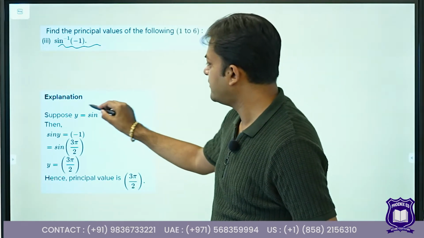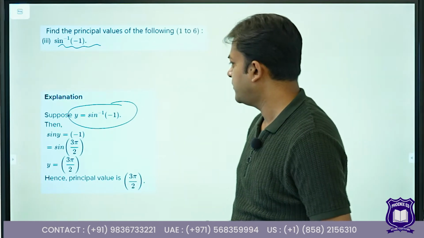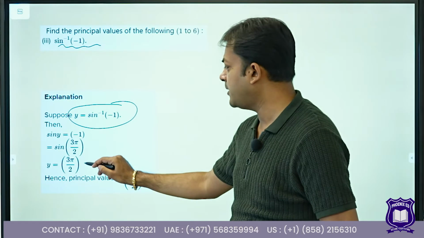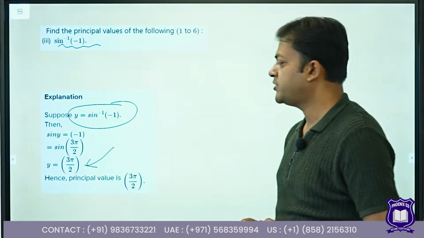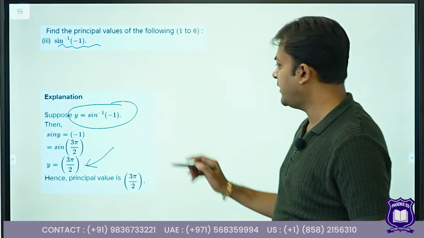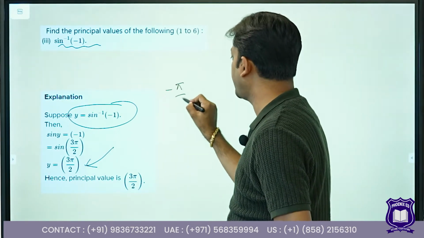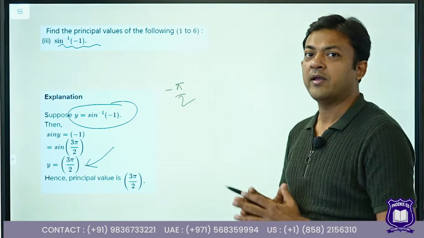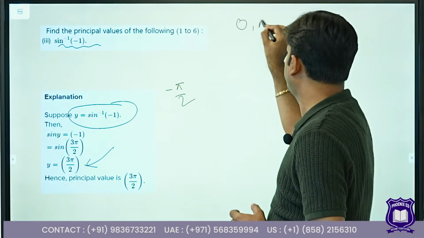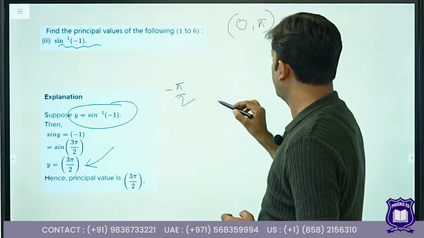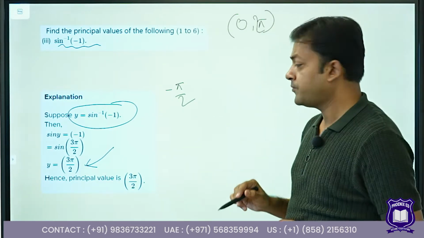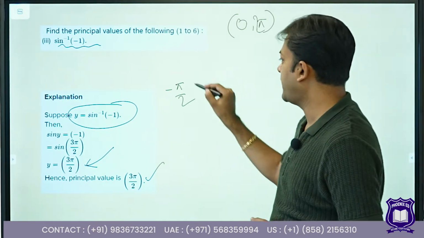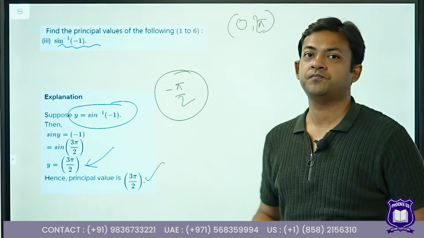Now, in order to find sine inverse of -1, we know that -1 can be attained at either 3 pi by 2, which is 270 degrees, or we can attain it at a value of minus pi by 2. So, if the requirement is to get an answer between 0 to 2 pi, my answer would be 3 pi by 2. But in case we are looking for the principal value, my answer would be negative pi by 2.